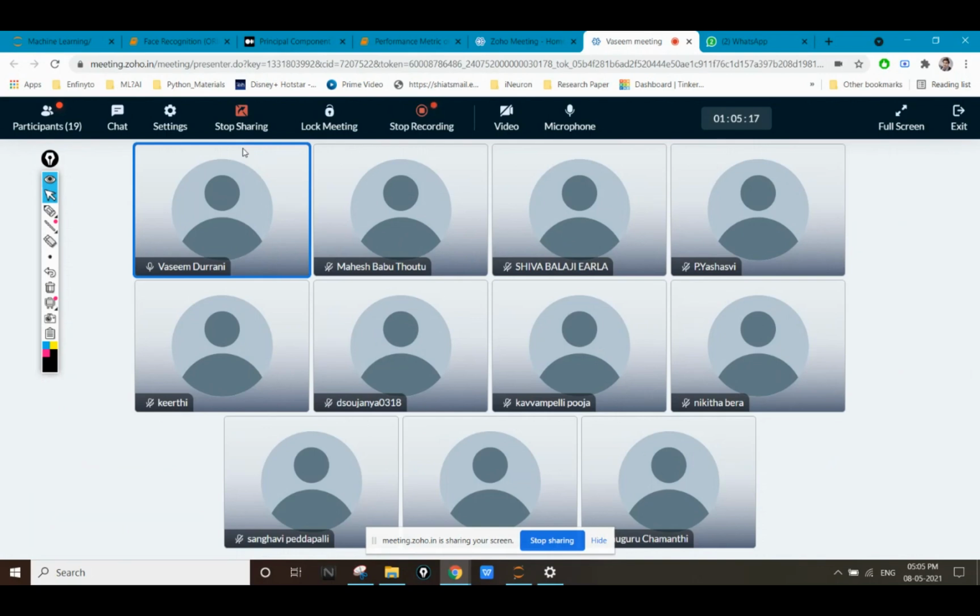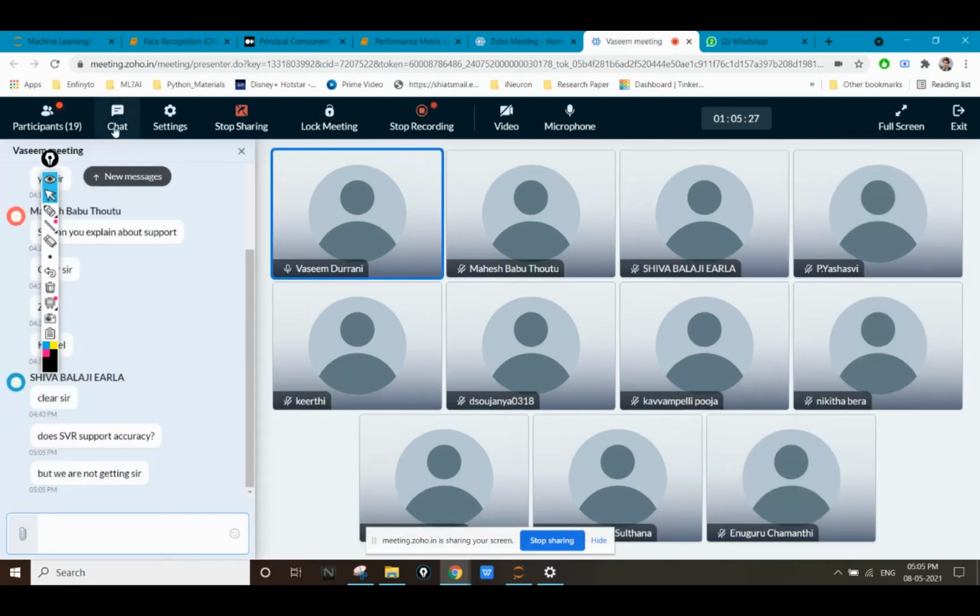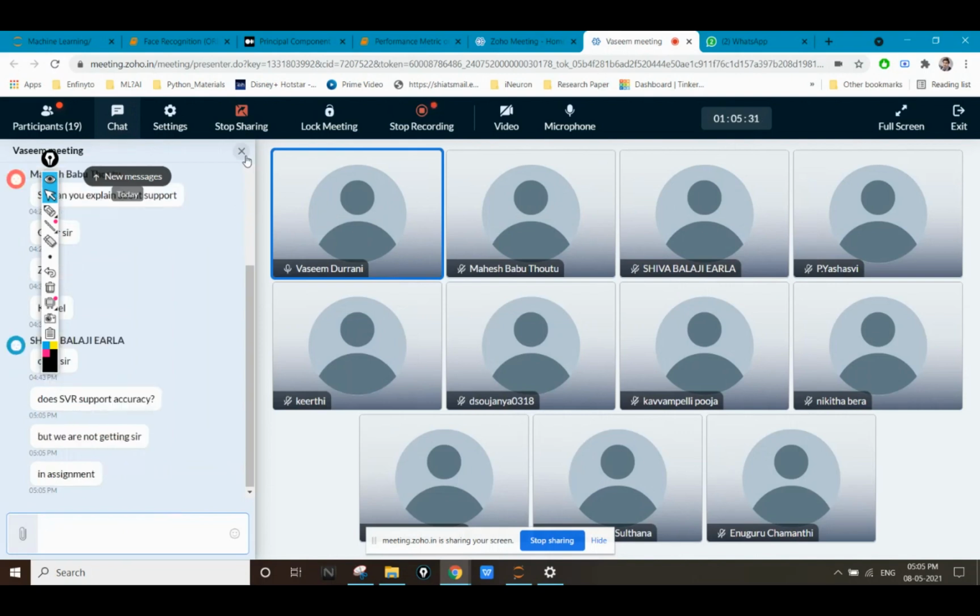I think most of you have done your assignment of the wine dataset. In that also you will be able to get an accuracy of more than 95%. Send me a screenshot of that on your mail and we'll check and let you know.